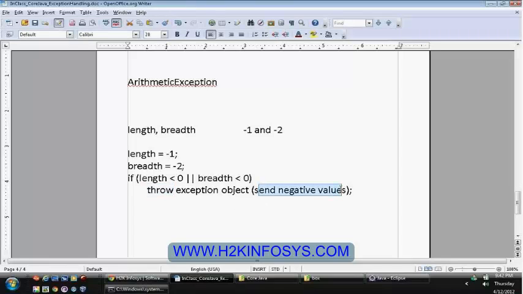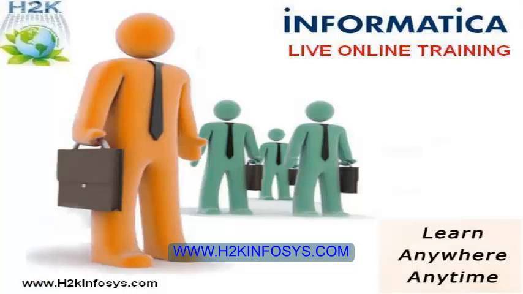By looking at this message, the client can understand the issue and he can resolve the data, and he will send the correct values from now onwards. Once a throw clause has been specified, the rest of the code available immediately after it won't get executed.